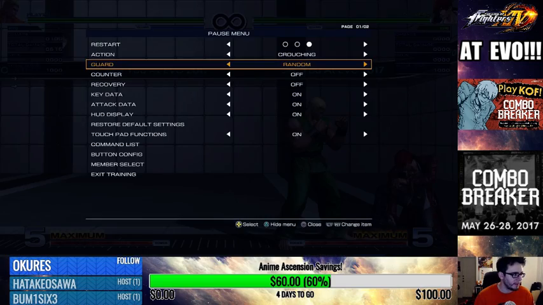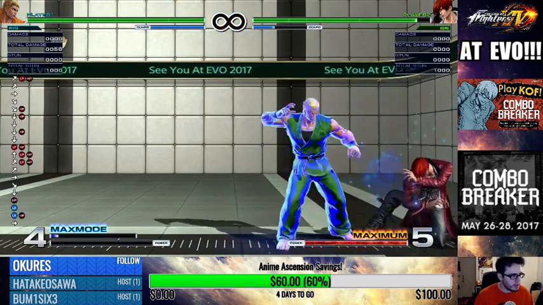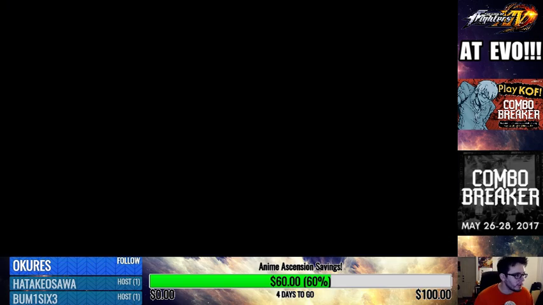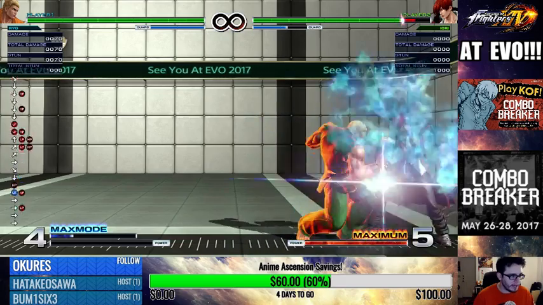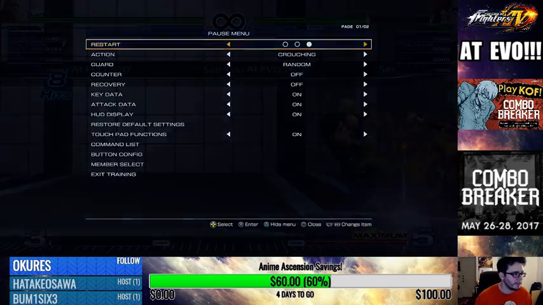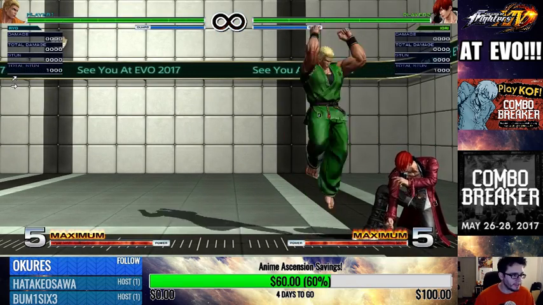Let's go with random. And let's say that they actually do block that overhead. A normal into EX Fireball will allow you to maintain the frame advantage, like so. And hopefully, get a random hit of some kind. That would be great. But you remember, you are +2 on that EX Fireball, so...